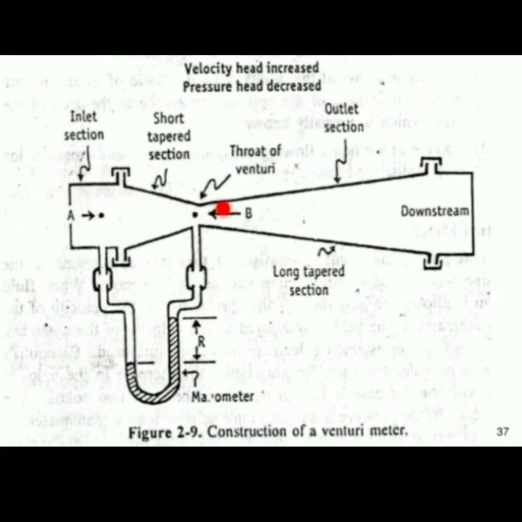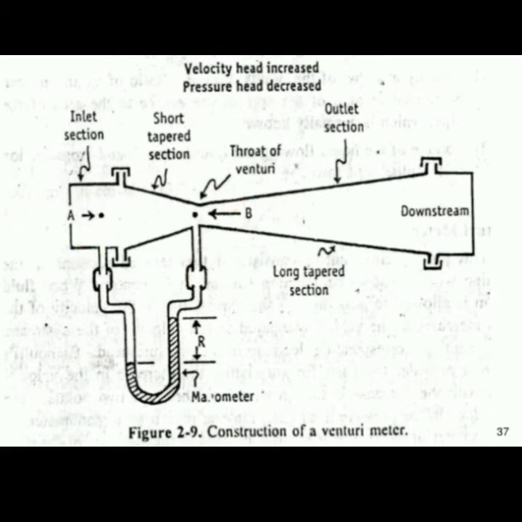So in this Venturi meter, when the velocity of fluid is increased in this throat due to the constriction, it results in decreased pressure in the upstream cone. The pressure drop in the upstream cone is utilized to measure the rate of flow using a manometer, and this Venturi meter nearly confirms the theoretical equation obtained for the orifice meter. This gives one particular equation, according to the orifice meter.